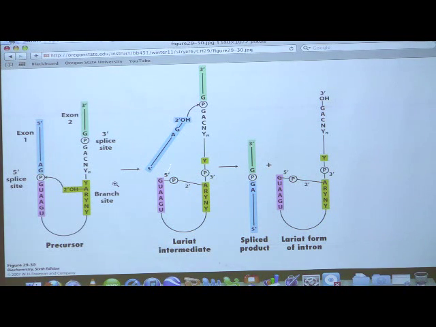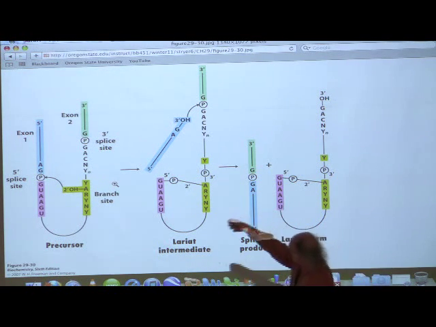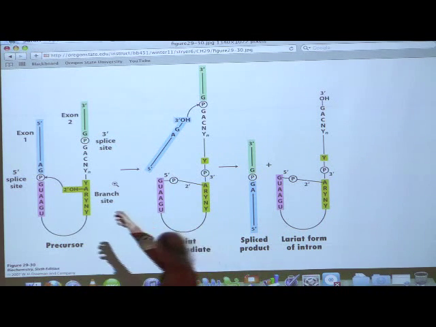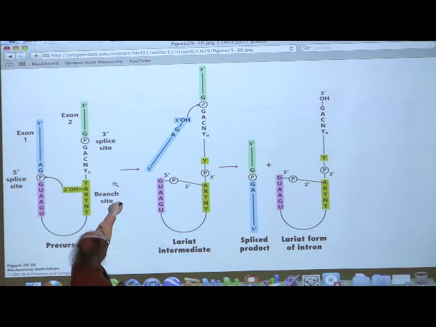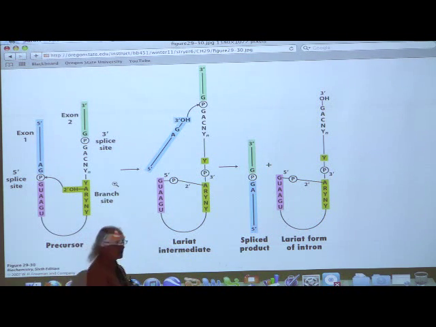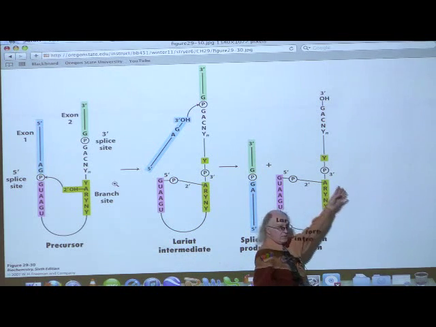To finish the splicing process, we have to attach the 3' end of the exon to the 5' end of the other exon. Now, this figure unfortunately shows, okay, well, I've got to turn this guy up. So if I take this guy here and I rotate it up, the 3' hydroxyl now attacks this phosphate between the 3' end of the intron and the 5' end of the exon. That breaks this bond, results in a spliced product. We've joined the 2 ends together, and we're left with what was the intron. The intron is now in the lariat structure.